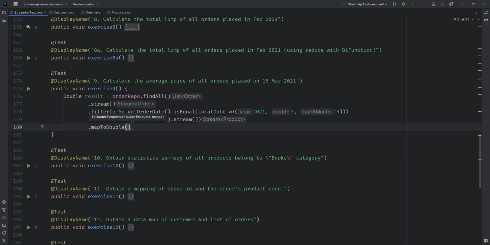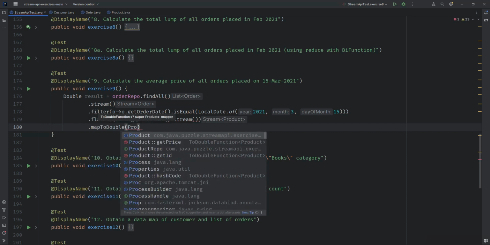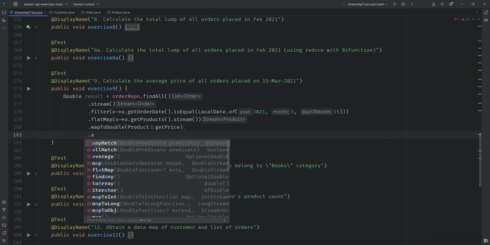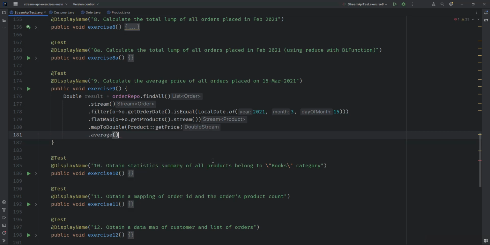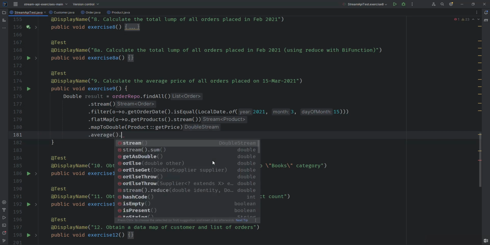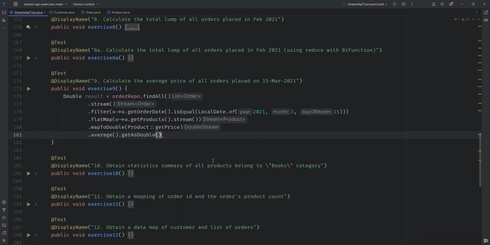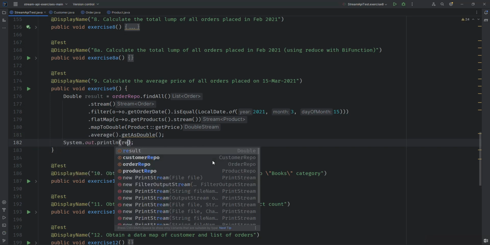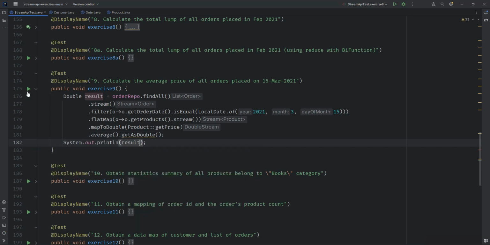Okay, and I will also use product dot get price dot average. We will see here, average returns an optional double, right? So for the optional double, here we need get as double and just print the output. So the result here and the output would be,